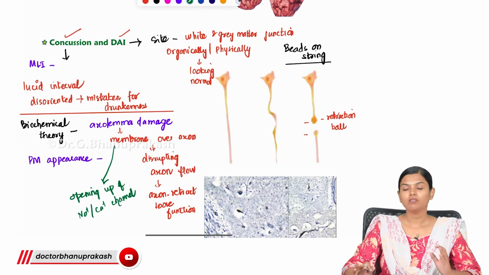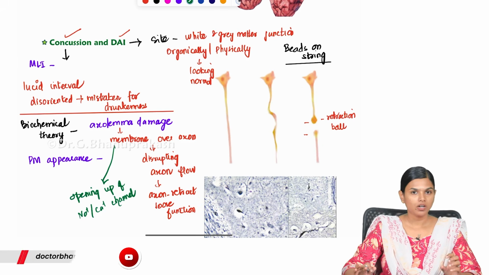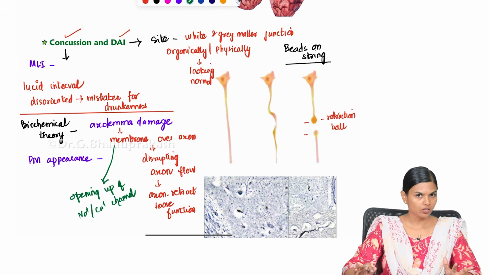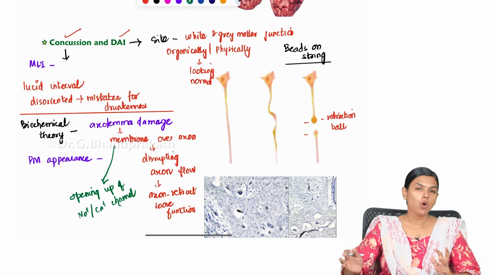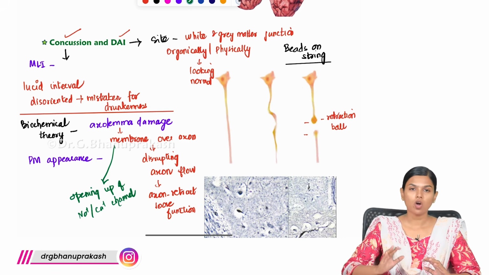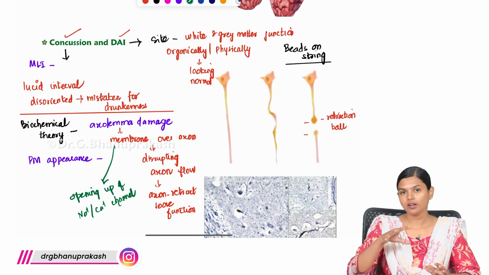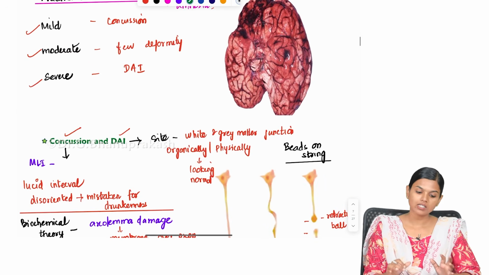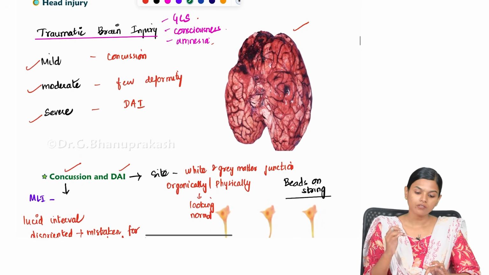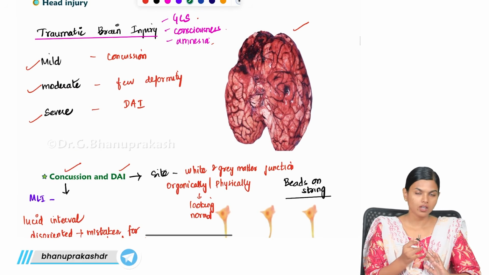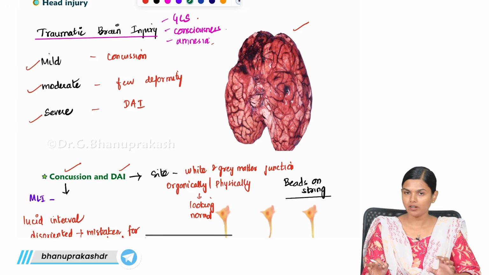So in brain injury, we started with contusion. Coup contusion, at the site of impact you have contusion. Countercoup contusion, opposite to the site of impact. Beyond that, you had necrosis, hemorrhage at the site of contusion, which can lead to further damage. And next is the classification of traumatic brain injury, which is done based on the Glasgow Coma Scale, consciousness and presence of amnesia. Based on that, you have mild, moderate and severe. Mild is concussion, severe is diffuse axonal injury.